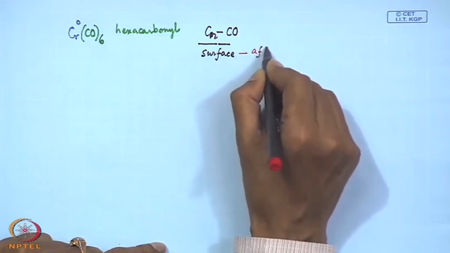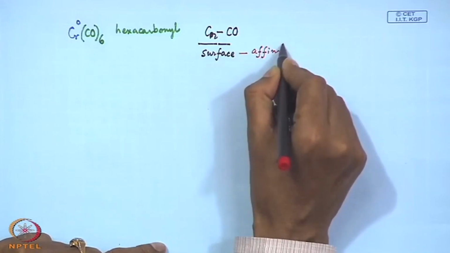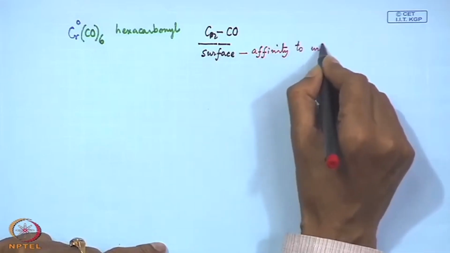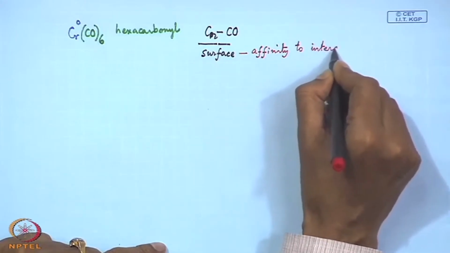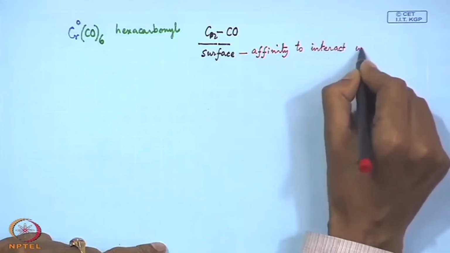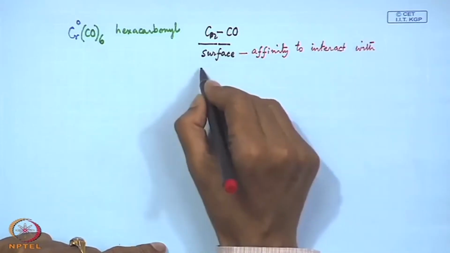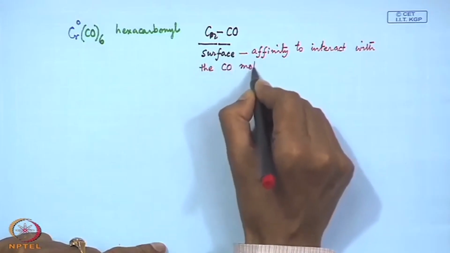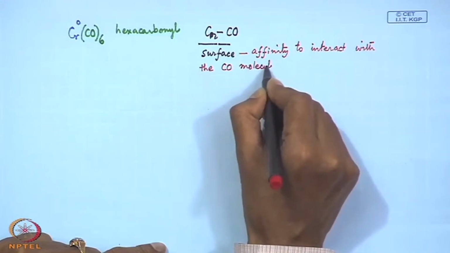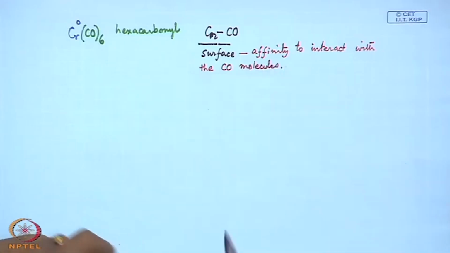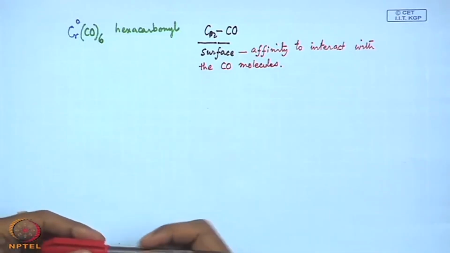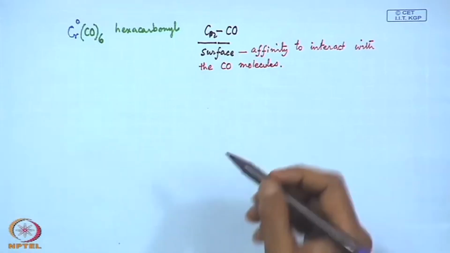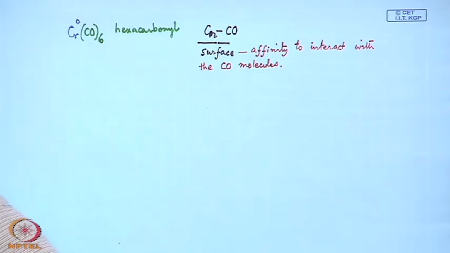The surface shows some affinity to interact with the carbon monoxide molecules. So, they are showing some kind of interaction, and this interaction is taking place, and we can see that